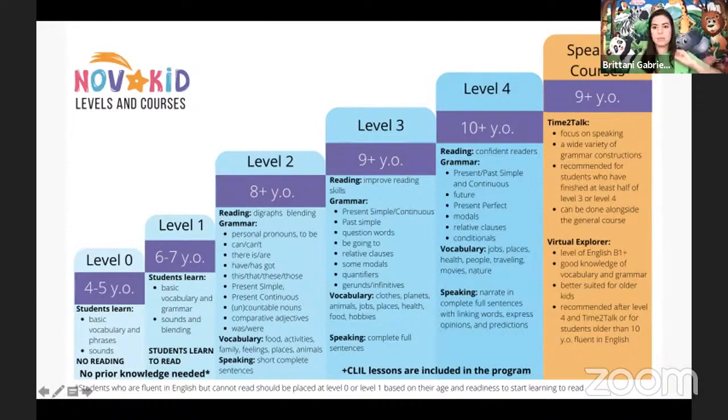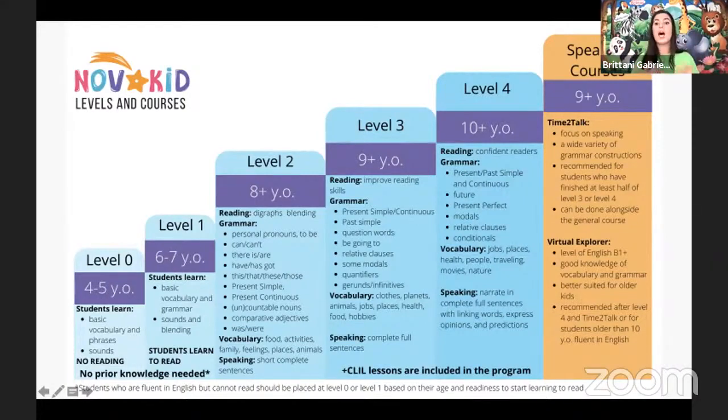Now, as you're completing the poll, it's important to remember that in order to progress through the different levels and courses at Novakid, a student or a child must acquire the necessary grammar and vocabulary topics of the previous levels.